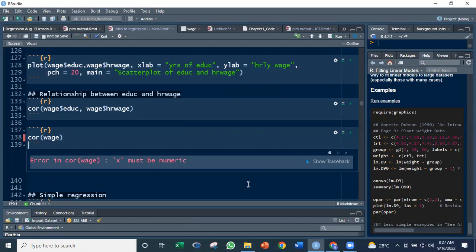We were trying to get the correlation of the whole data set. Kukunin yung correlation ng lahat ng mga variables doon. Kasi una, tinignan lang natin si education at saka si hourly wage. But let's get the correlation of the other variables to themselves. Okay, nag-error siya. Bakit? Kasi meron tayong variables na